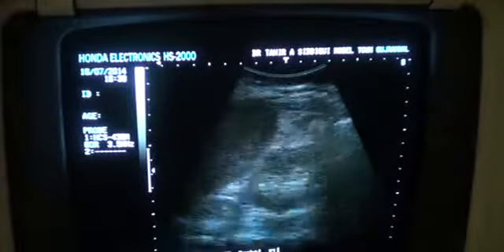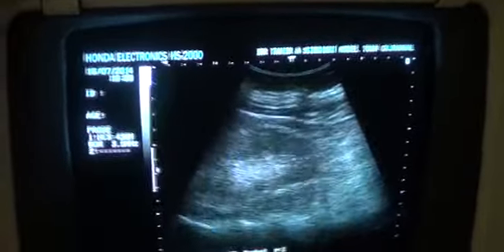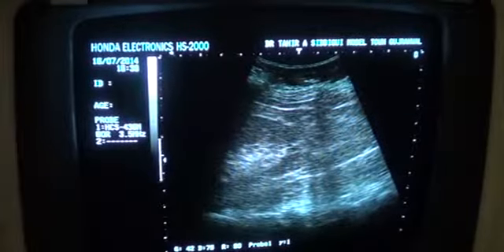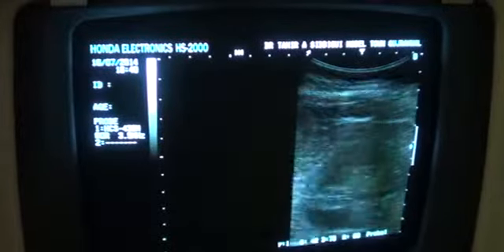Now you see, if I compare the echogenicity of this kidney with the liver,